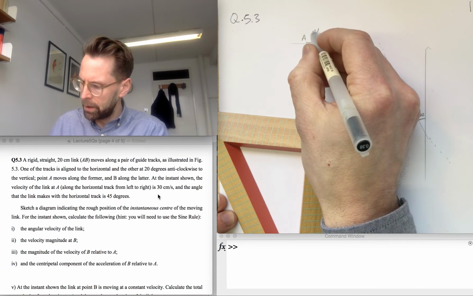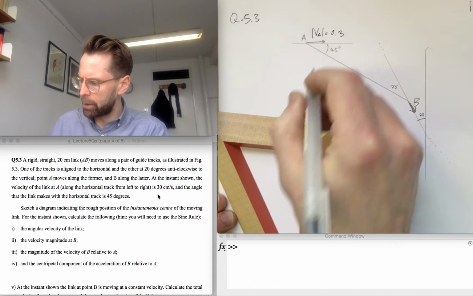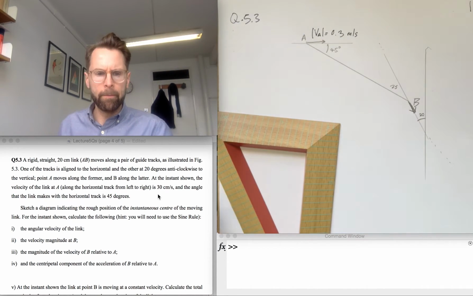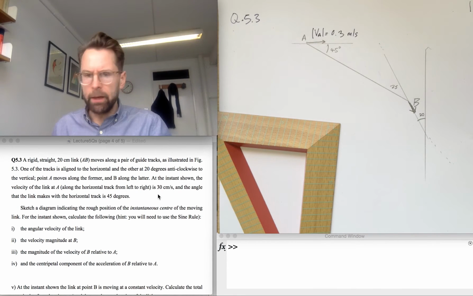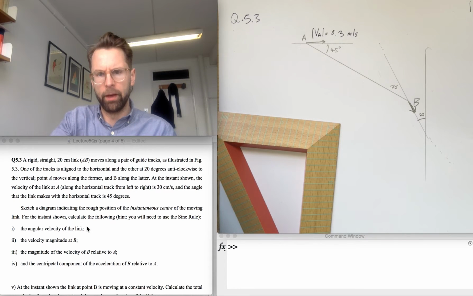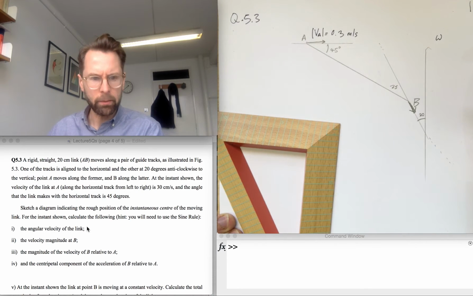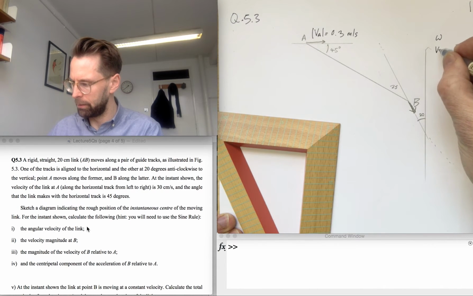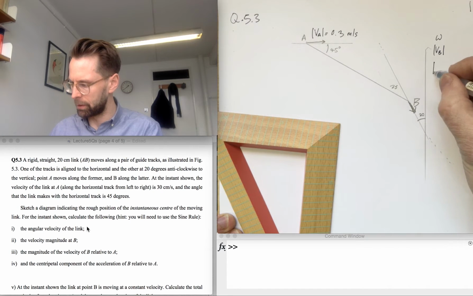Now the question starts by telling us that the velocity of A, the magnitude of it, is equal to 30 centimeters per second. And it gives you a hint. It wants you to calculate the angular velocity of the link, so it wants you to calculate omega, also the velocity and magnitude of B, and the magnitude of the velocity of B relative to A,